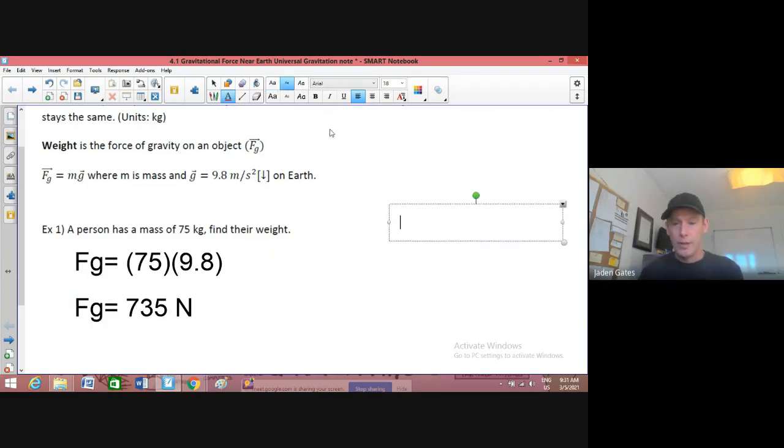Now, just a side note: if you look at the force of gravity on the moon, it's the same formula, but here's the difference. We would go 75, the mass, but every moon or planet has a different g value. On Earth it's 9.8, and on the moon it is 1.62. So if I multiplied those together, you'd have 75 times 1.62,